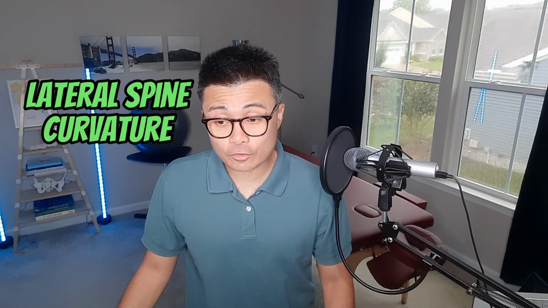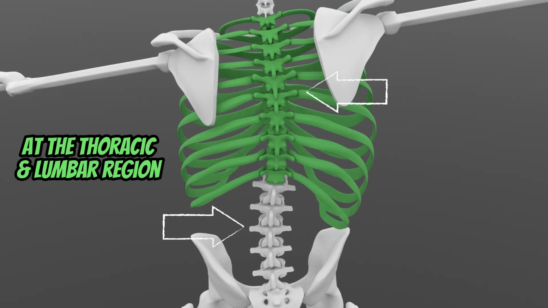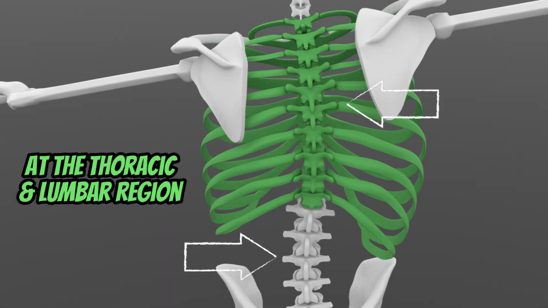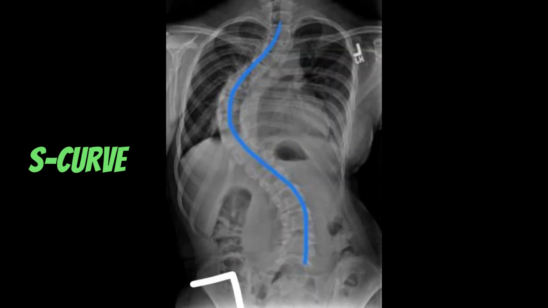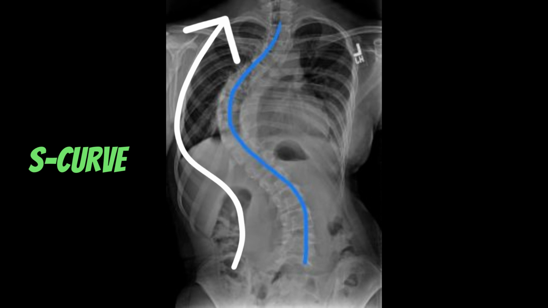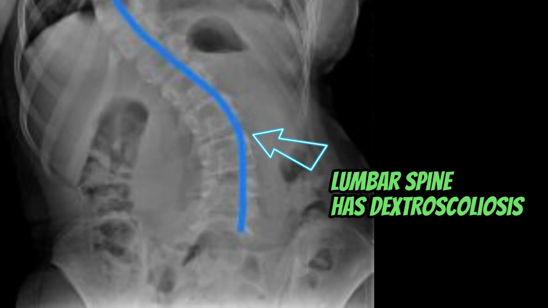An S-curve scoliosis is a lateral curvature of the spine that can occur at the thoracic and lumbar region. For easy understanding, we will name it based on if it's a traditional S or a reverse S. A traditional S is when the thoracic spine has a levoscoliosis or left-sided convexity, while the lumbar spine has dextroscoliosis